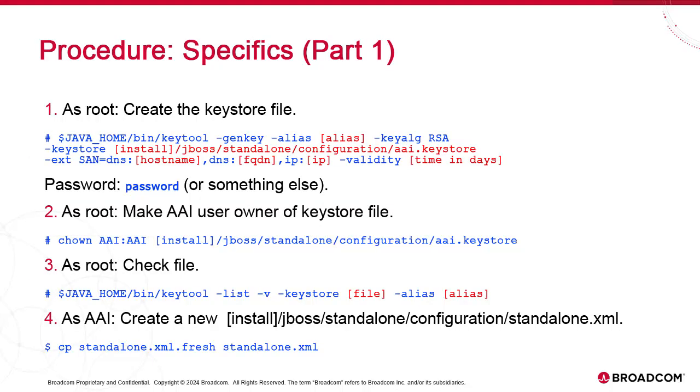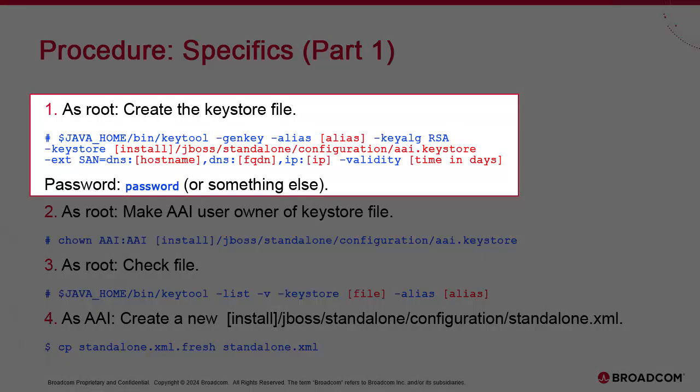Here are the specifics. On our system, Java is owned by root, and so we use keytool with root privileges. The syntax is straightforward. -genkey generates a key contained in a key store. -alias sets the alias of the key, and you can use anything you want. -keyalg sets the algorithm, and we use RSA. -keystore sets the actual key store file name and location, and this needs to be created in the